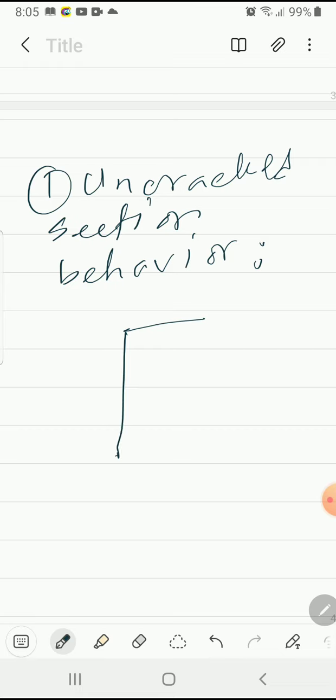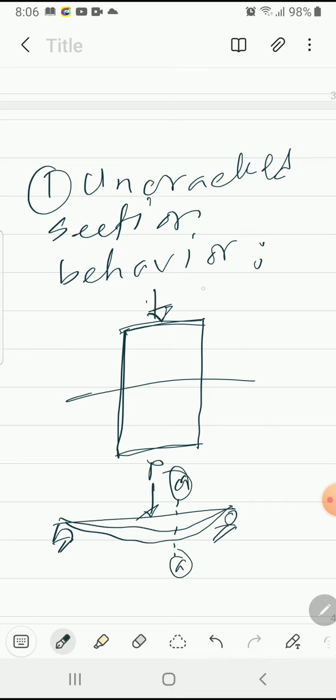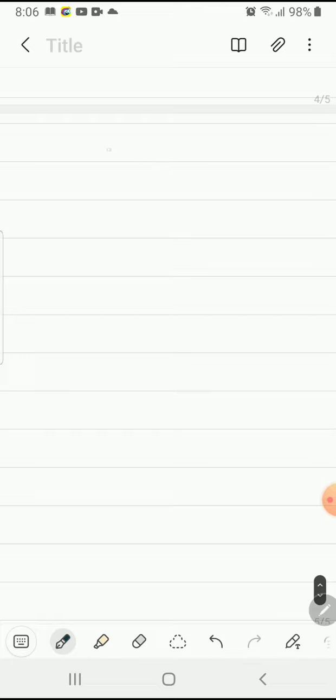If we take a concrete section, okay, and the load is applied on this face, and then suppose that this is the beam, we have applied P load, and it will bend like this. Okay, and suppose that a section is this one. Okay, now what will happen,